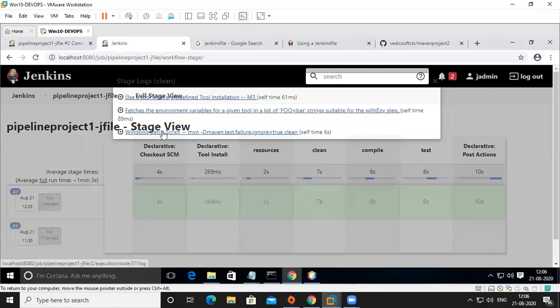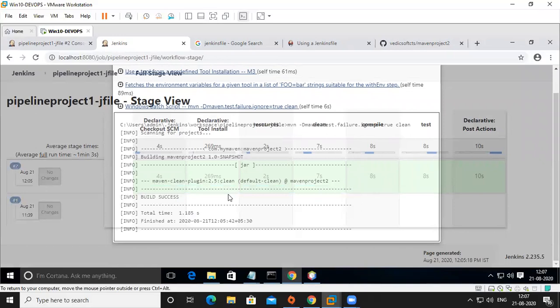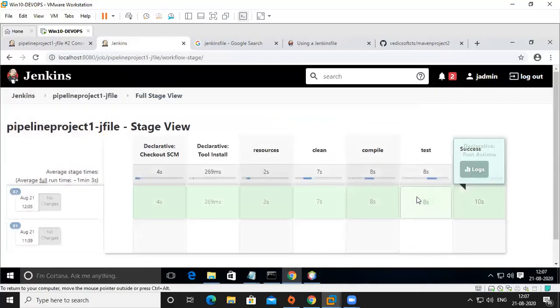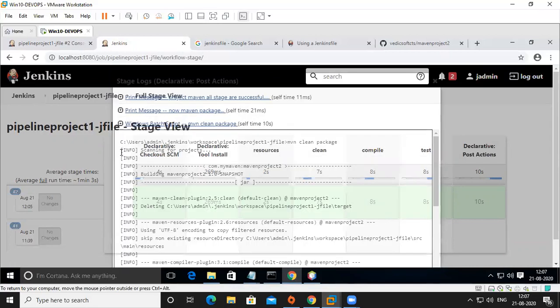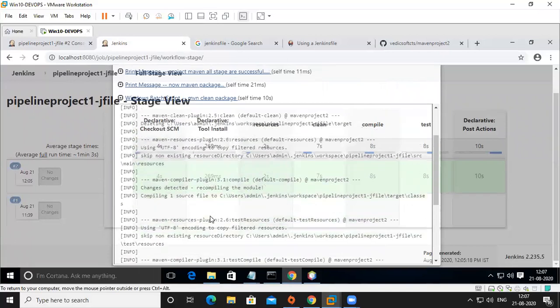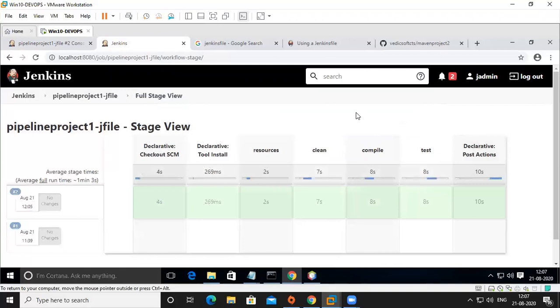What is the clean log? You can see here, it is successful, and you can see what is happening. Okay, everything, like the final declaration. So Maven package printing and successful, and then finally installation or packaging. Okay, a package. I didn't give an installation. So for each stage we can see what is going on and how much time it is taking.